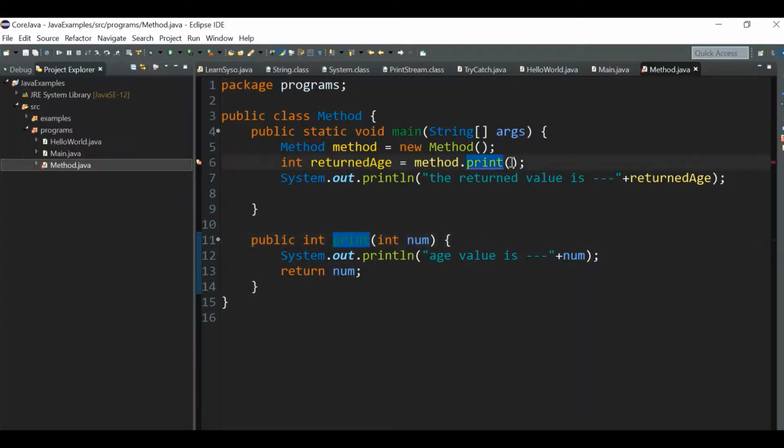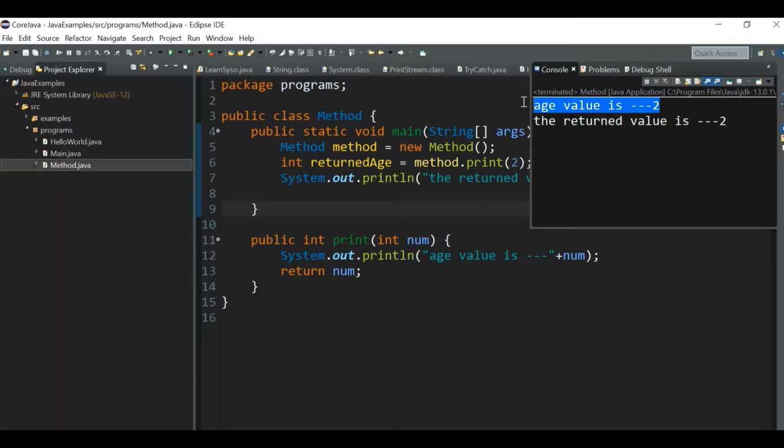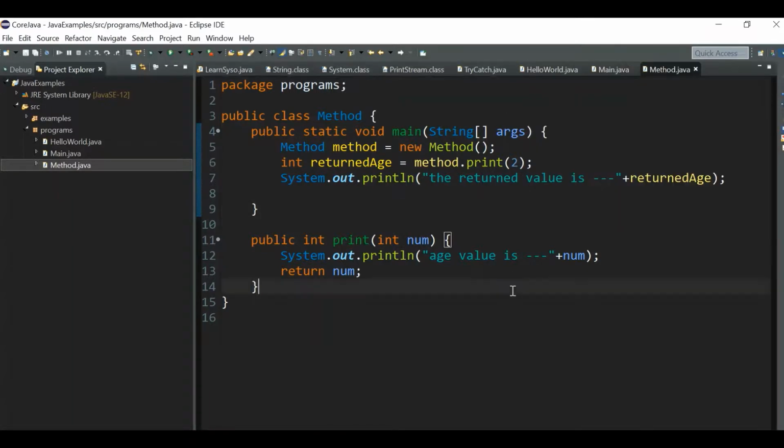We are calling this print function from the main method, so we have to pass it here. We can pass some value. Let me give 2 now. Let me run it again. The value is 2, the returned value is 2.